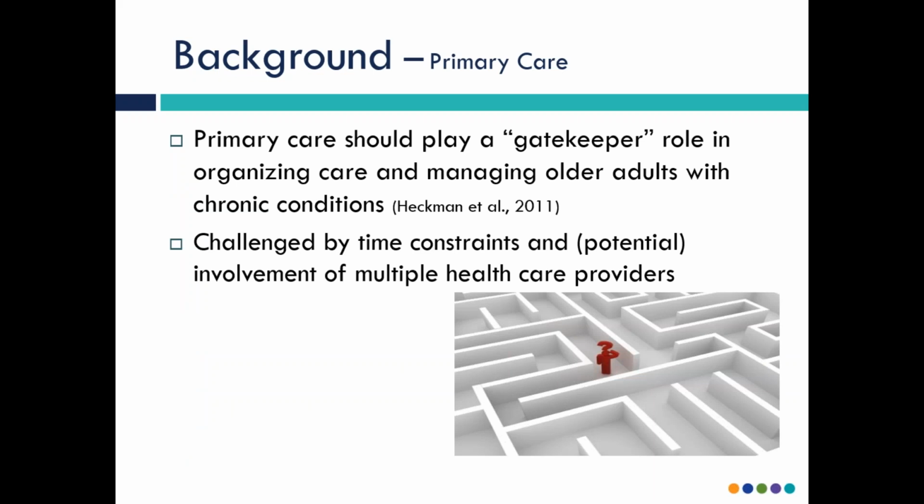So the work we have done here based at Waterloo over the last number of years has, I think, pointed to the importance of a strong primary care component of the healthcare system. Primary care is what people refer to as being the gatekeeper. It's where care coordination should be happening, and it's where we would hope older adults with chronic conditions can have their care coordinated and well managed. But often we find that's not the case.